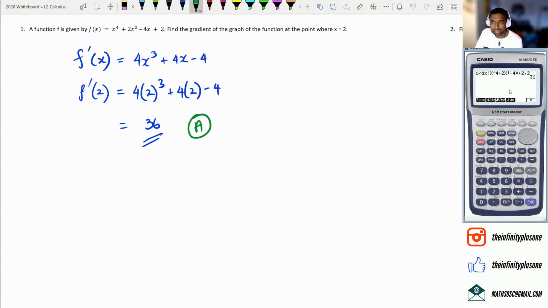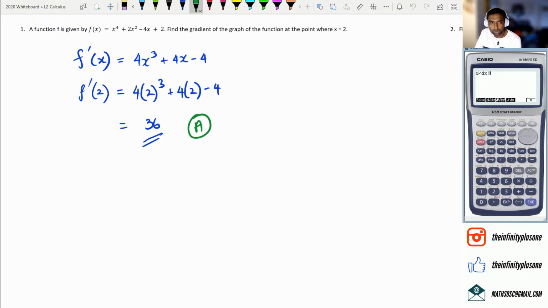So in fact, I would actually say you could use the calculator and skip the second line completely and just punch in the answer straight away. To do that, in your calculator, just click on menu, go into run mode, and click on option, which is this button here. And then there's a little button called calc. So click on calculus. And there's a thing here called d/dx. All right, so you can just click on that,